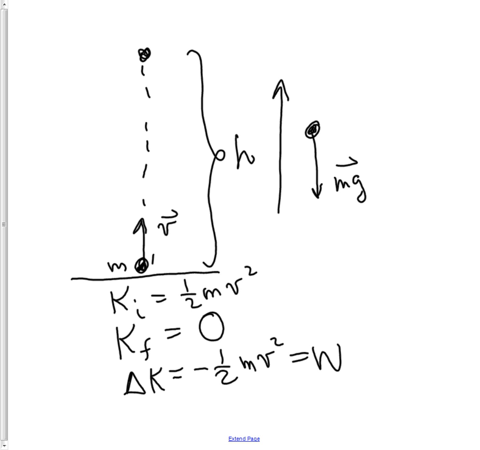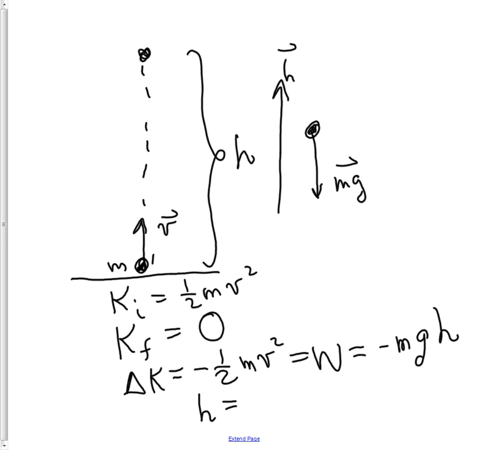And we're going in this direction. Okay, so if you like, we could define a displacement vector h this way. So you can see that the work done is negative. The force is constant, so it's just mg, and so the work is just minus mg times the distance traveled, which is h. And so you see, if I now solve for h, I get that h is equal to